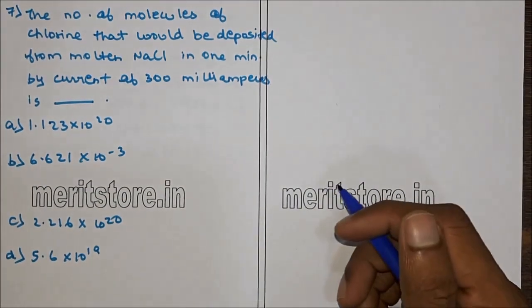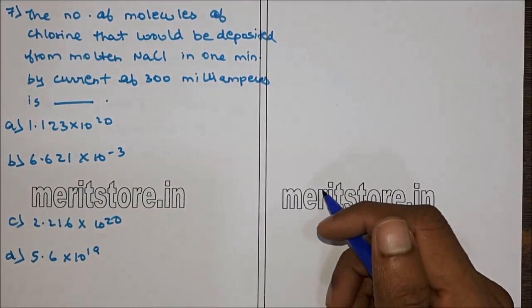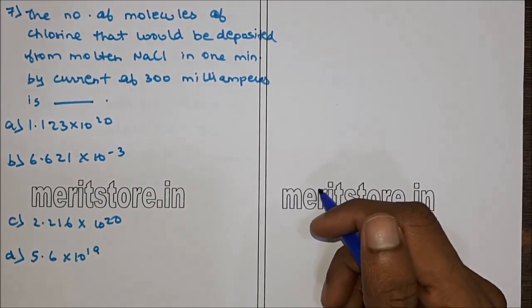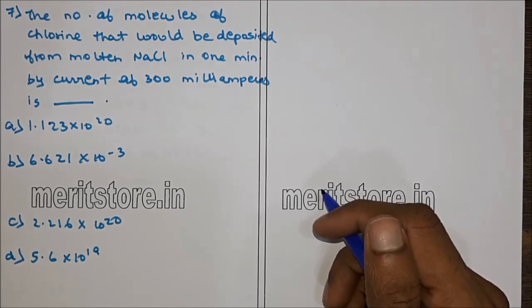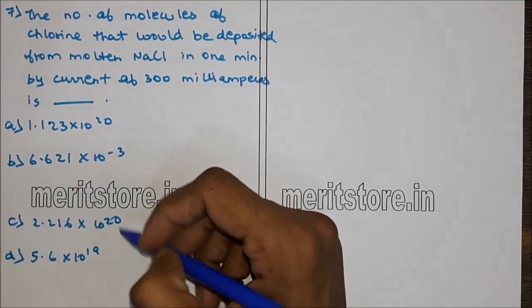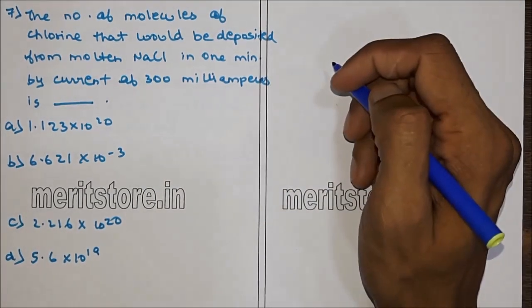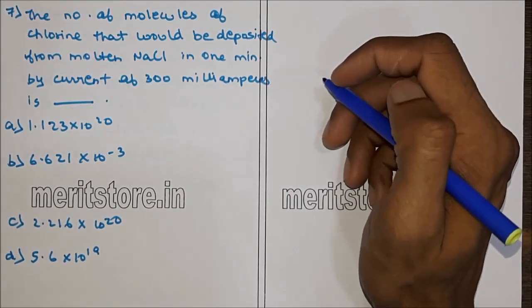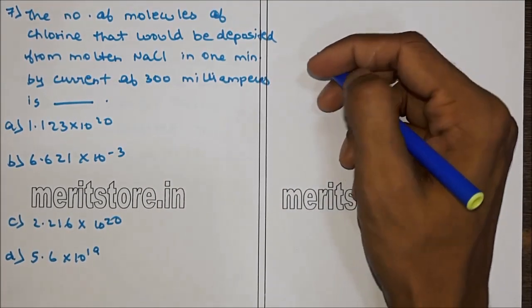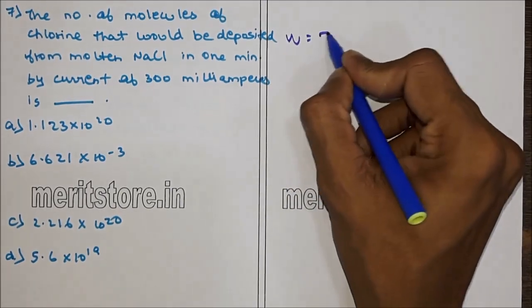Question 7. The number of molecules of chlorine that will be deposited from molten sodium chloride in 1 minute by a current of 300 milliamperes is dash. We are given 4 options. The mass of chlorine deposited can be calculated according to Faraday's first law of electrolysis. Therefore we have W is equal to ITE